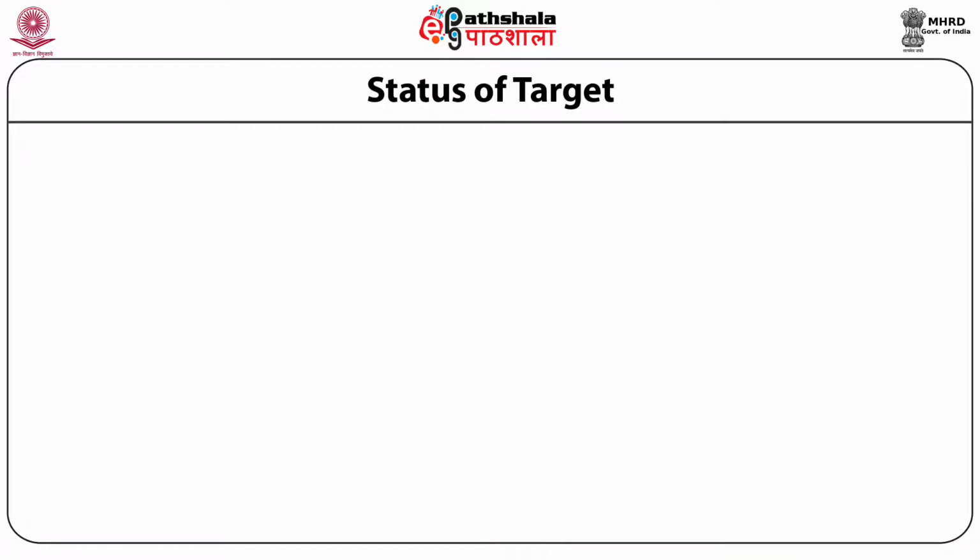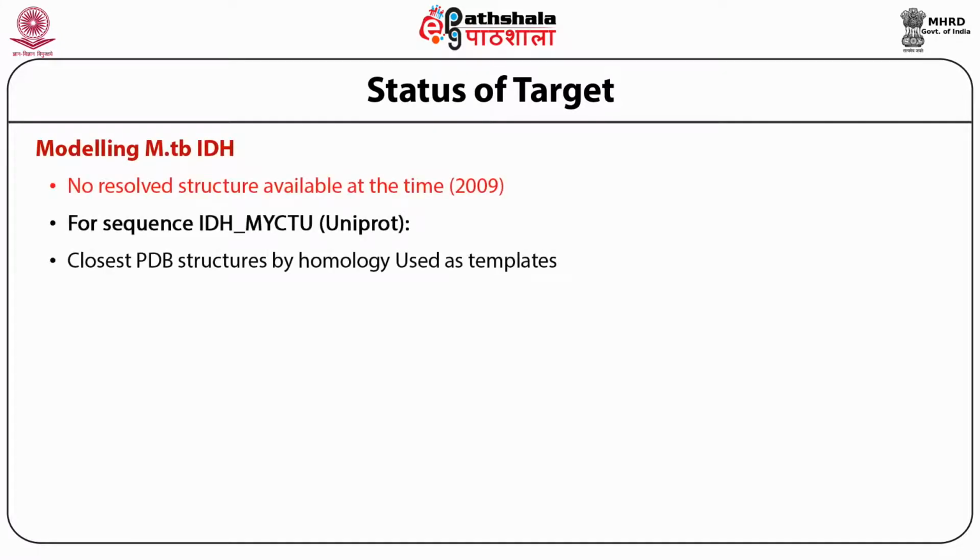Here I am just showing you how we modeled the MTB IDH, and this structure was not known in 2009. Later on the structure came. I will talk later about it. What we did is we took two very good homology models. One is from pig, which has the best primary structure sequence analysis, at 1.85 angstrom resolution, as the primary template. There is another structure, which is from E. coli IDH.